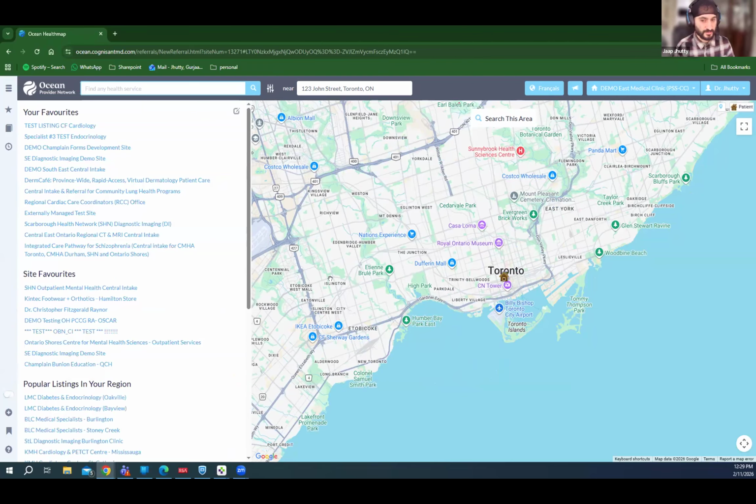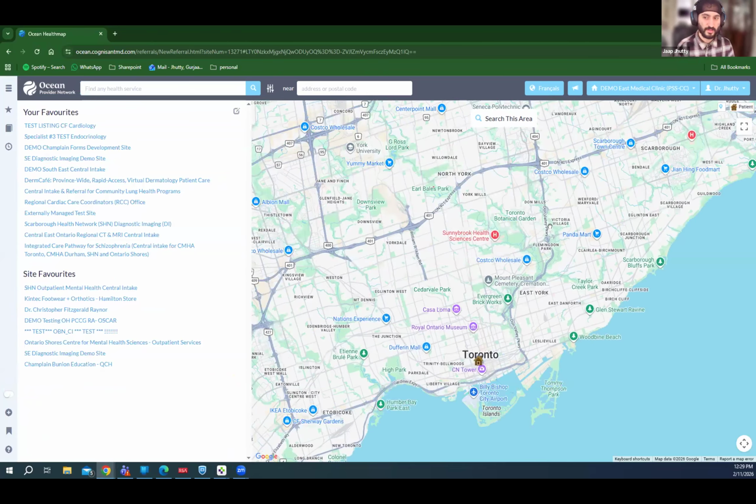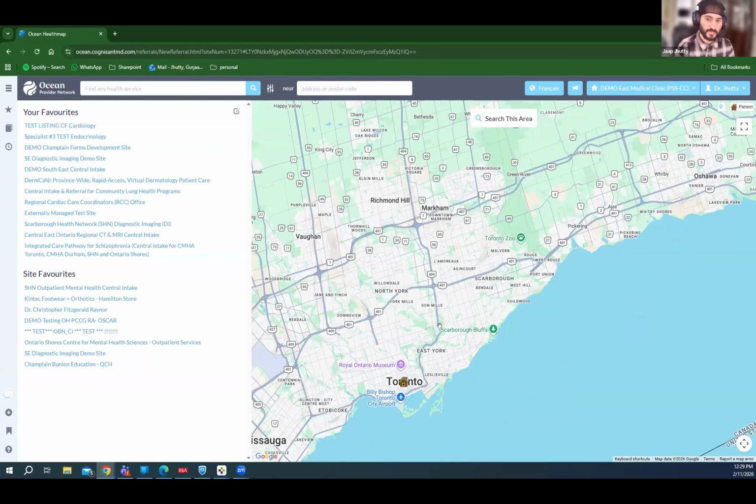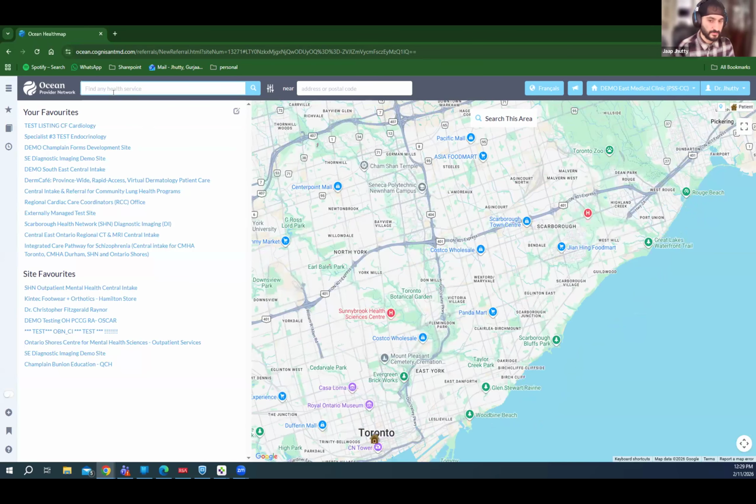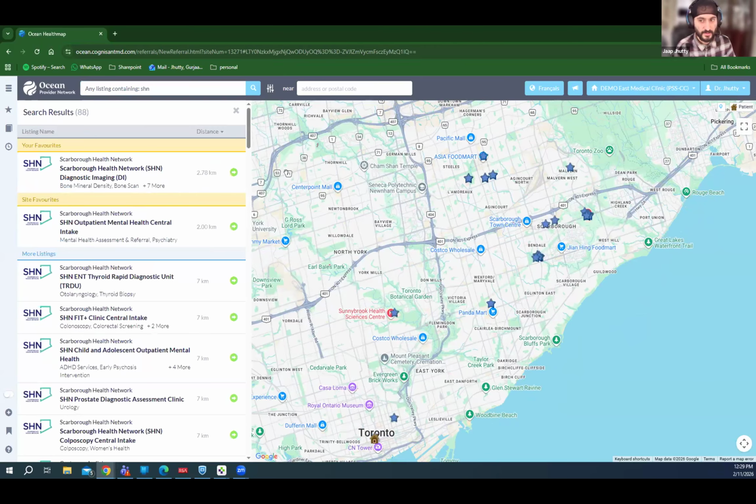This is where I usually get a few complaints from family doctors that the Ocean Health Map doesn't work as well as they want. So I'll be providing some common tips and tricks that I would recommend. First off, in the top left corner, you can find any health service. You could search for a clinic name, a doctor name, or even a health service. For example, if I type in SHN, which is my home hospital,